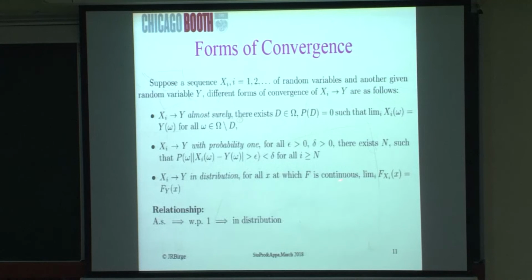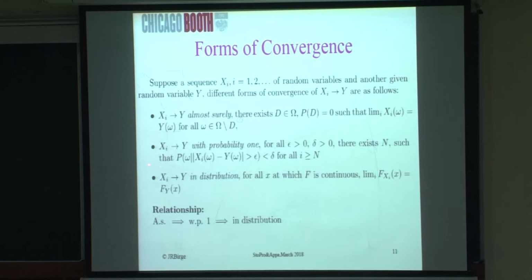Now this is a little bit, you can show that, well, this obviously is going to be implied by this. It's going to be implied by this as well. So convergence in distribution is actually the weakest of these. So this gives a hierarchy. It says the strongest kind of convergence is this one up here, where the only way that it doesn't converge is when it's a set of measure 0.